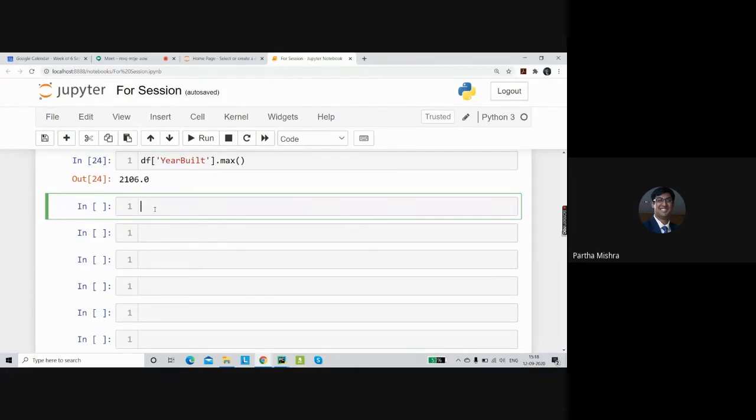That means we are going to see what the other years built are, because the maximum year itself is showing us an absurd number. For that, we can simply mention df year built dot. The first thing we can do is drop the duplicates.